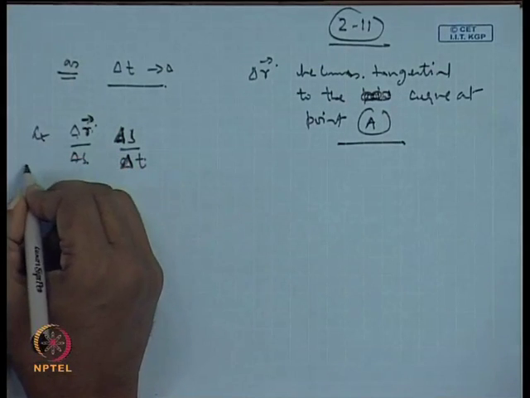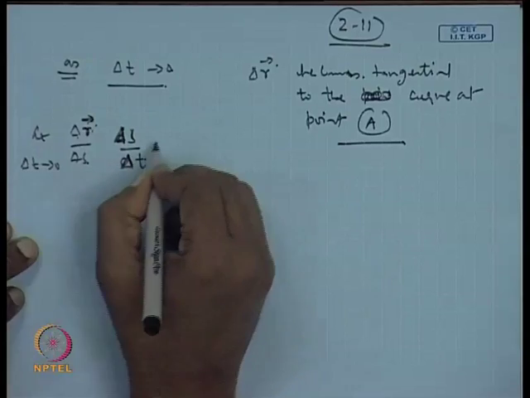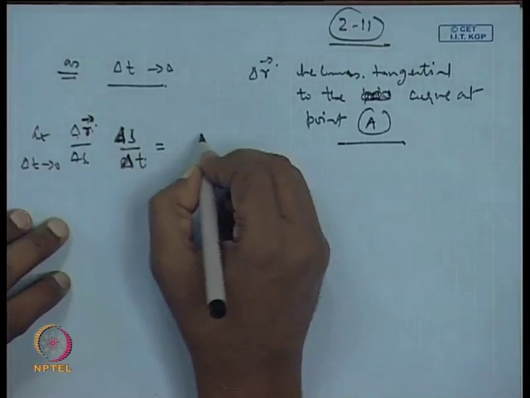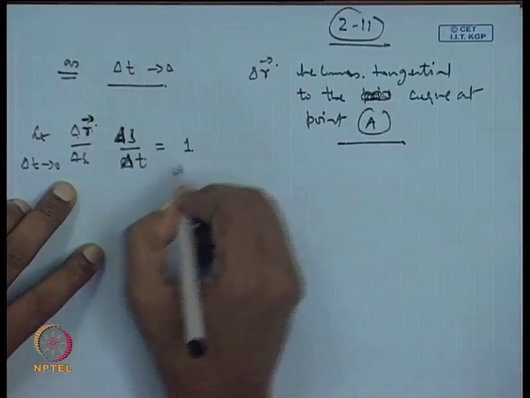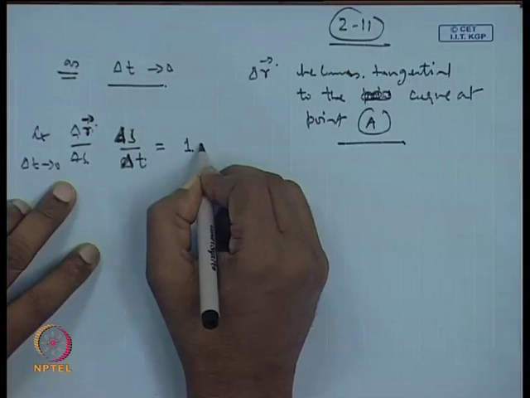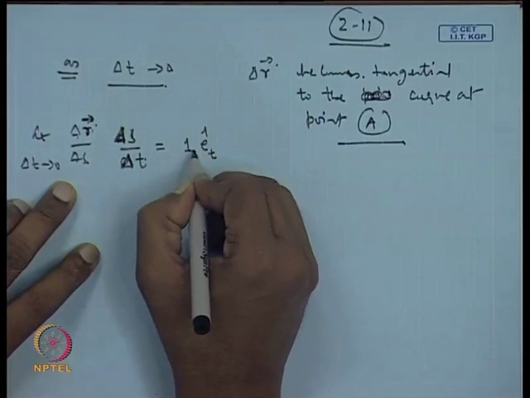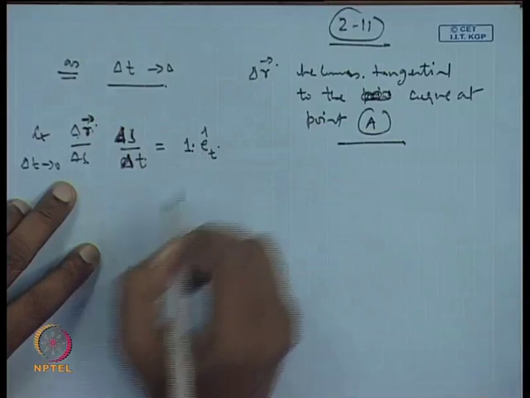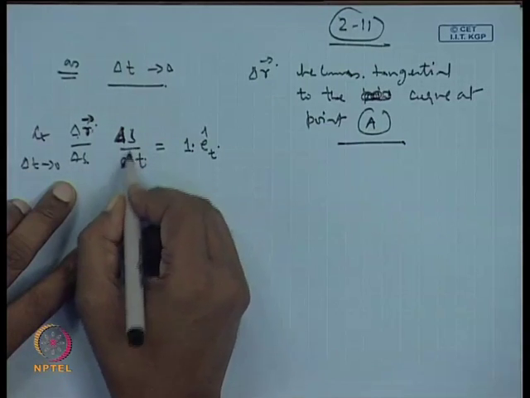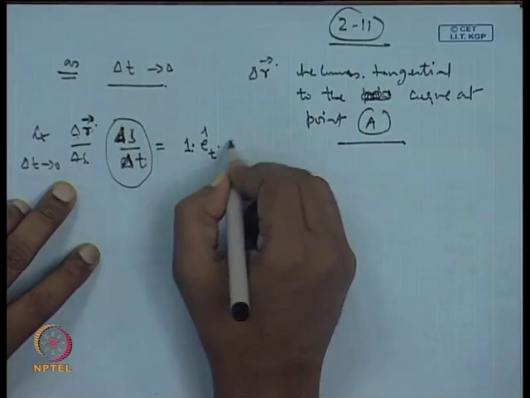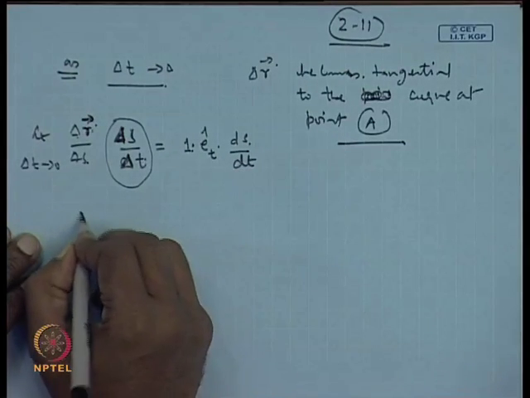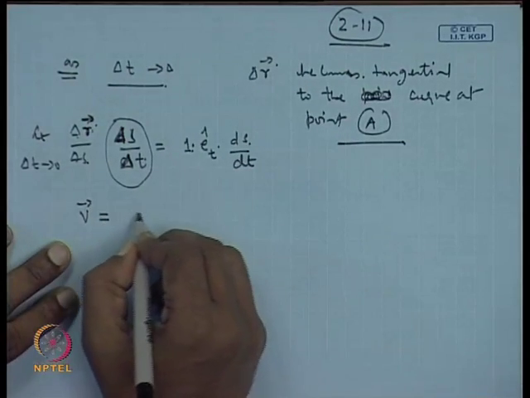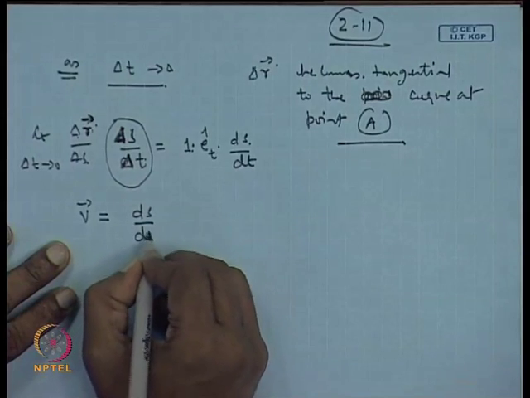In the limit delta t tends to 0, this can be written as the magnitude of this, obviously it becomes 1, and the unit vector tangential to the curve at that point, times this quantity, which will become d s by d t. Okay. So, what we are getting is v, now we can write as d s by d t